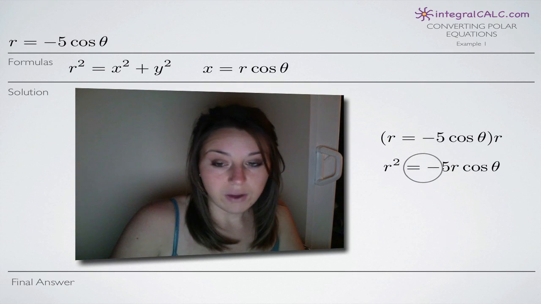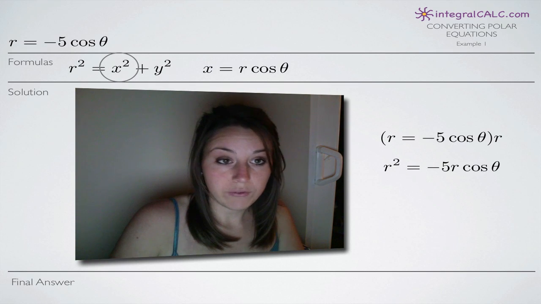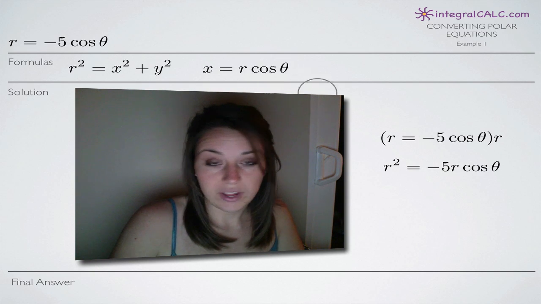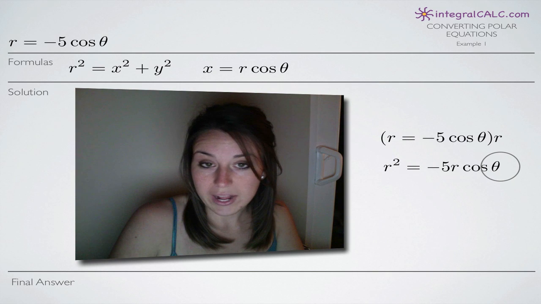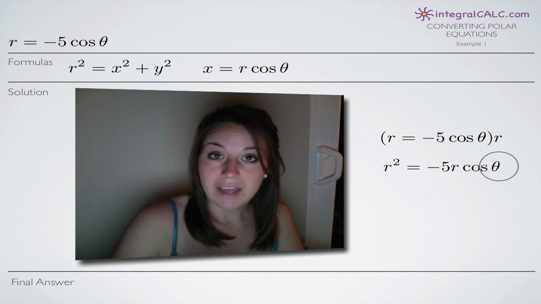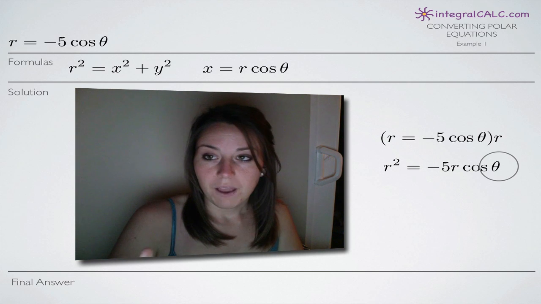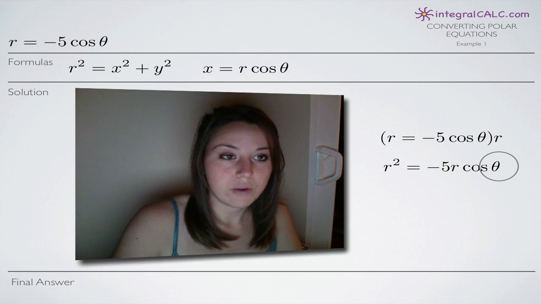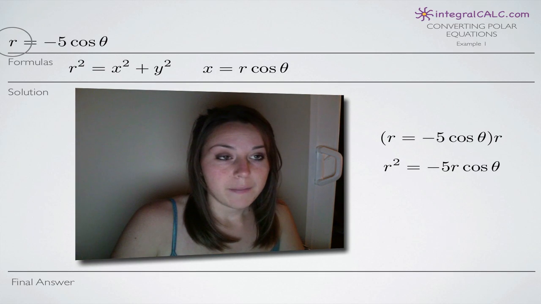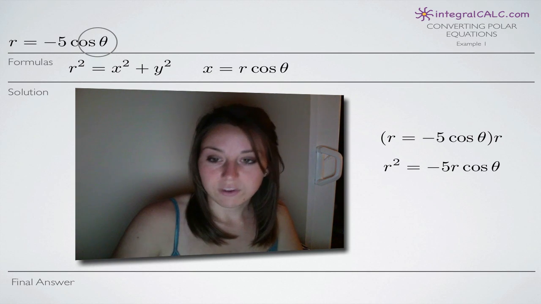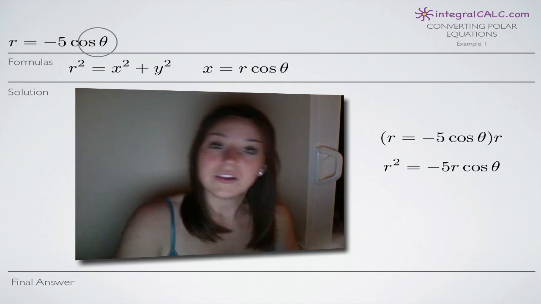And now that we have that, we can, for r squared, plug in x squared plus y squared from our formula here. And we're also going to plug in x for r cosine of theta because we have that here on the right-hand side. The goal is to eliminate r and theta and instead end up with x and y. r and theta are polar coordinate form. That indicates that we're dealing with a polar equation. Our polar equation here has r and theta for variables. A rectangular equation obviously has x and y for variables, so we're looking to get r and theta out and